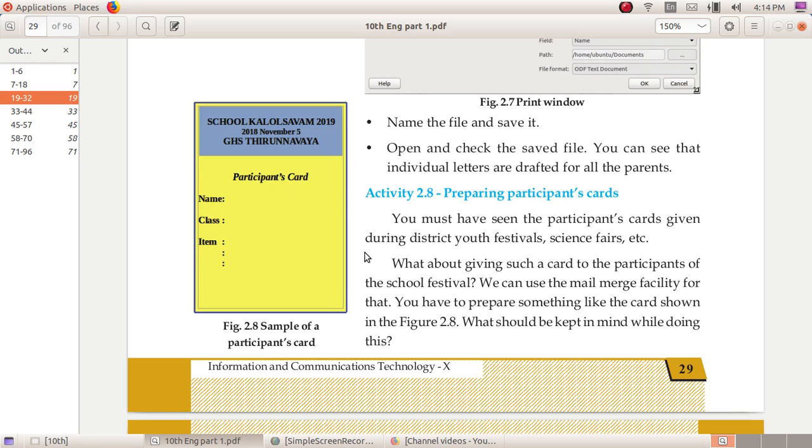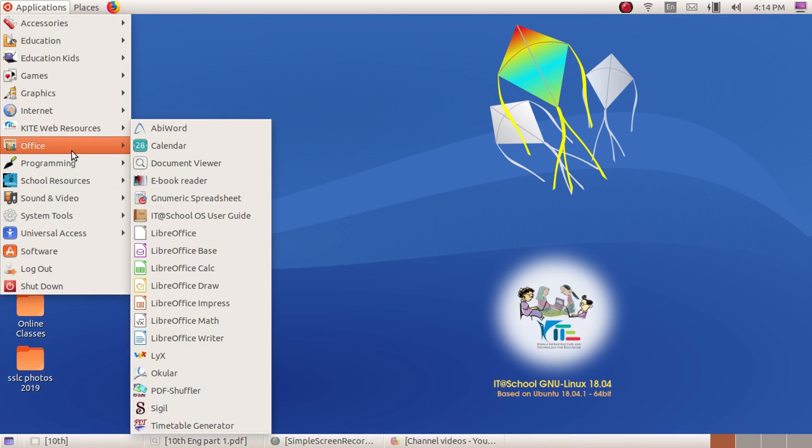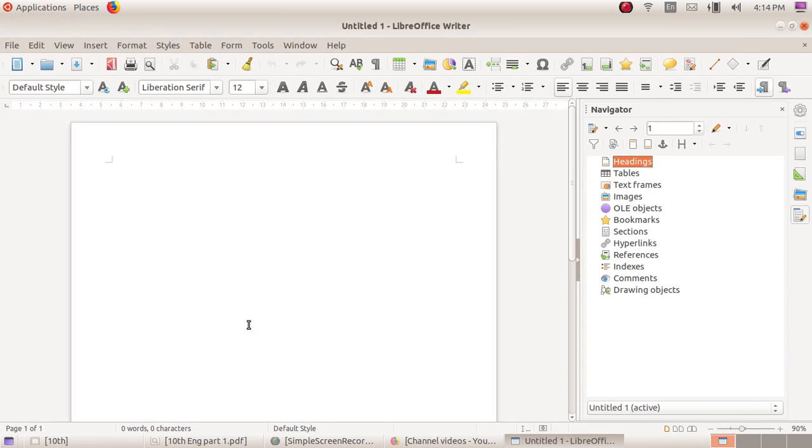That is important. You can see a sample of a participant card in your textbook. For that, you need to open LibreOffice Writer.